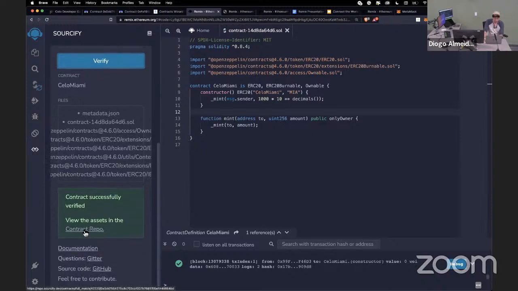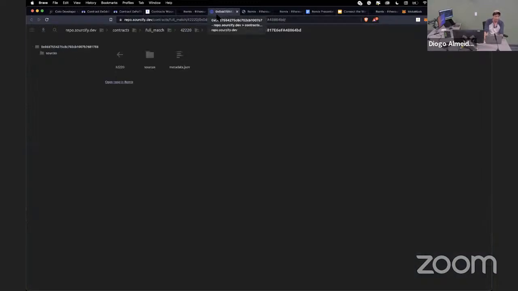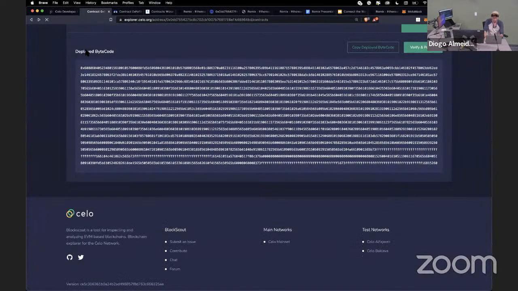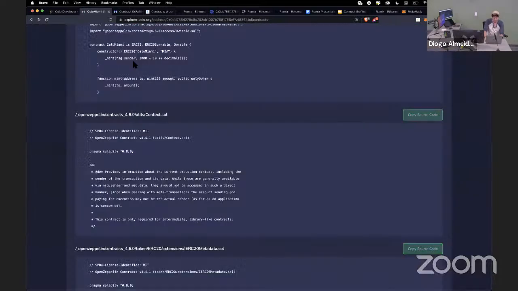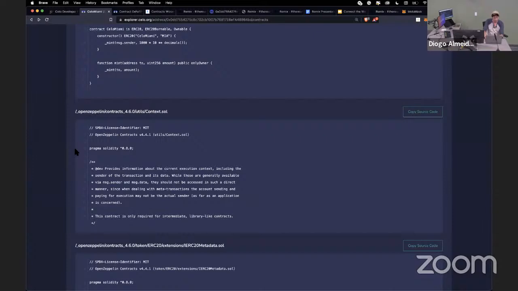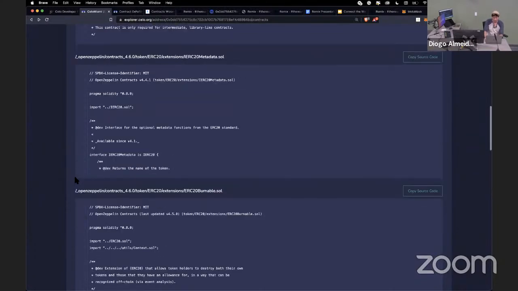And the reason that's important is now there's a contract repo in Sourcify where anybody could see this code, mess with it, bring it into their own Remix environment. Same for you. Anyone else who's verified their contracts, you can use those as your starter code and find them and use that. But aside from that, now when you refresh this screen, instead of just being a bunch of gibberish, it's your smart contract code, all the different 5 or 6 contracts that were imported from the OpenZeppelin Explorer,